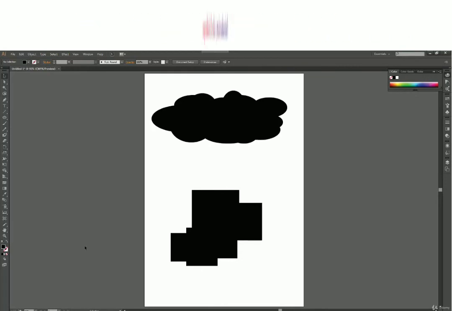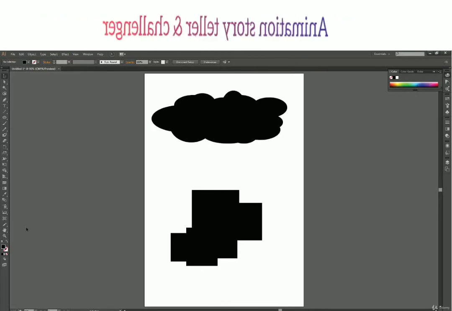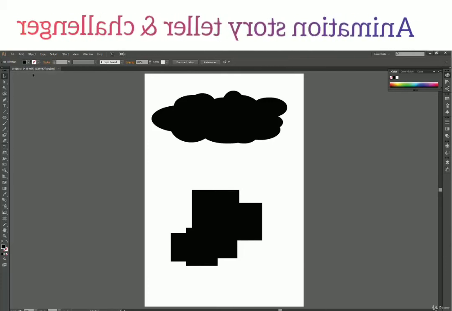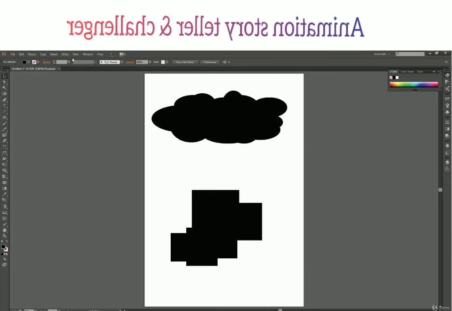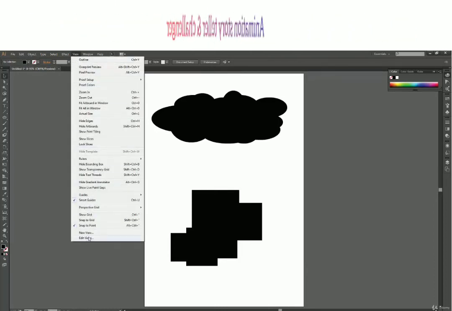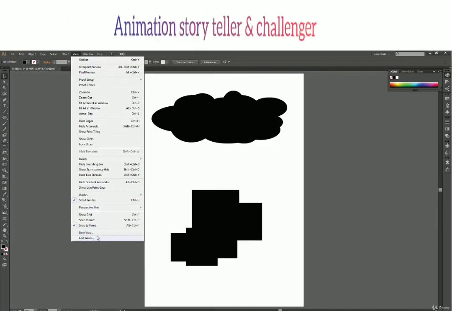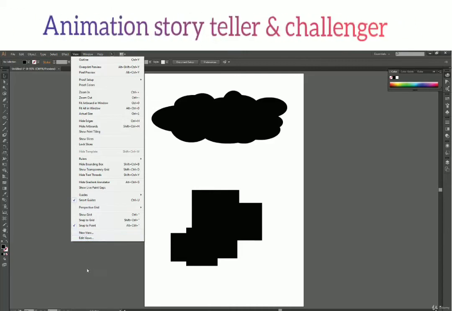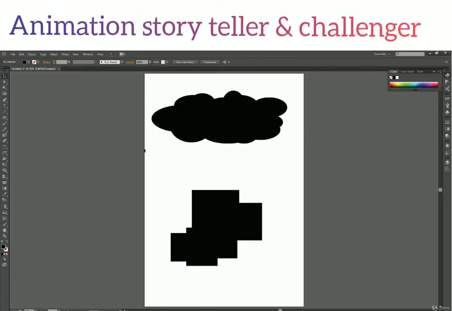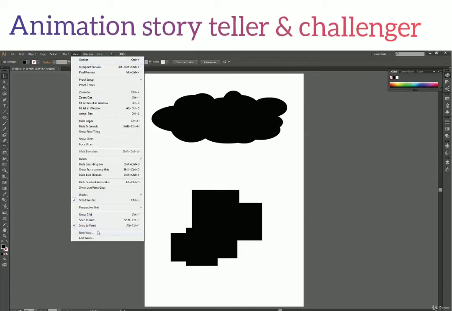Okay, so with screen modes covered, let's see what views can do and what a view actually is. To create a view, we have to go into View from the menu bar, and at the bottom we have two things here, New View and Edit View. So let us see what New View does. First of all, I have the screen selected and I have the zoom level. Okay, so View and New View.